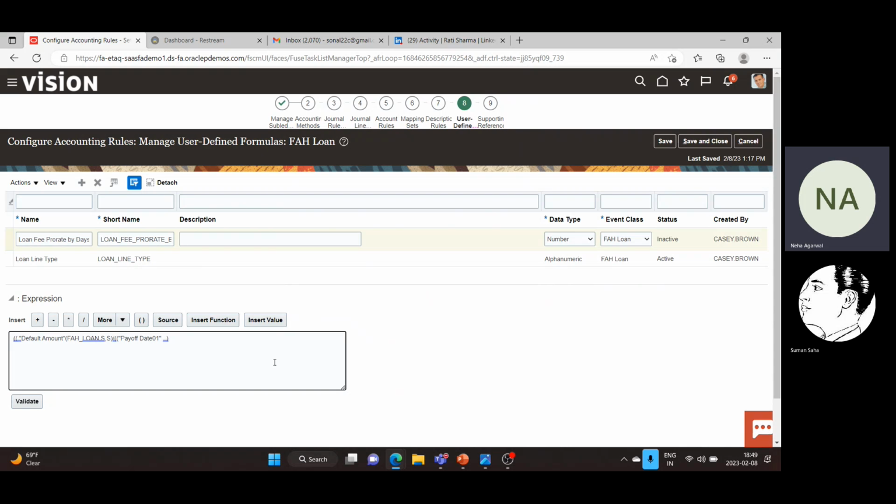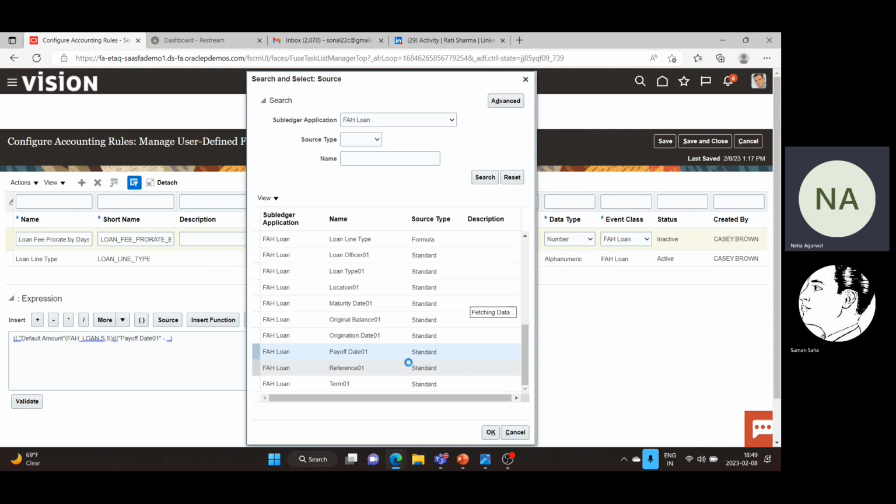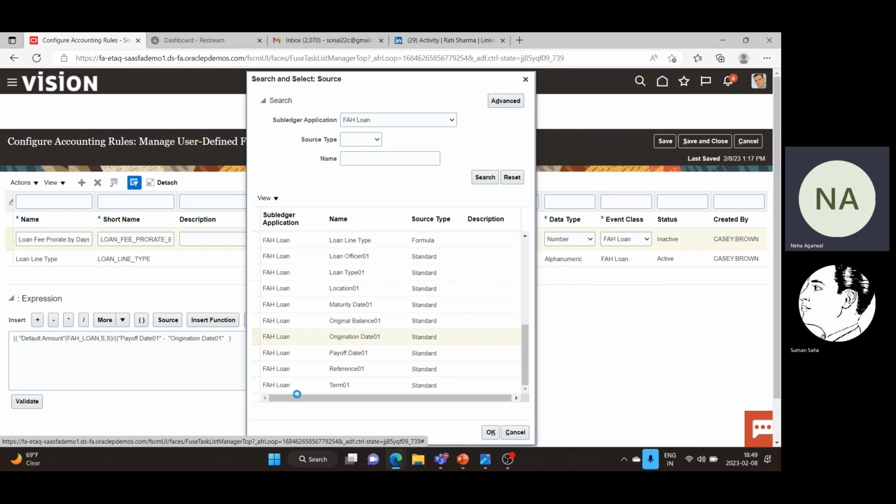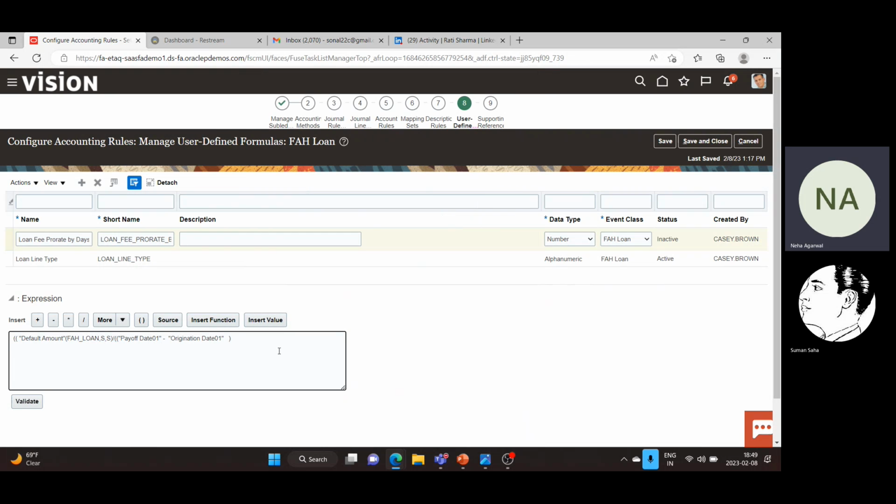Payoff date minus the origination date. Sorry, again from the source we will take this value. So this will be the dates on which our loan is active. Payoff date minus the loan origination date plus 1. This is the formula for calculating our days. Okay. We can have space here. So this is the amount of your fee, the default amount, which is the fee, and then we have divided it to the total number of days, and then we will multiply